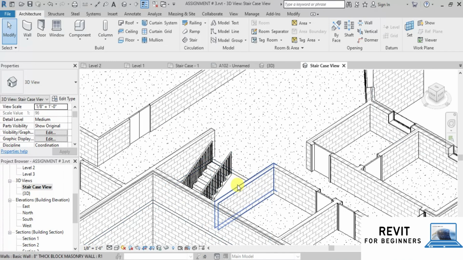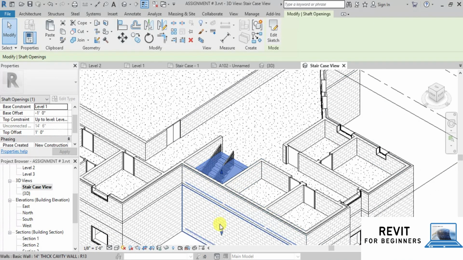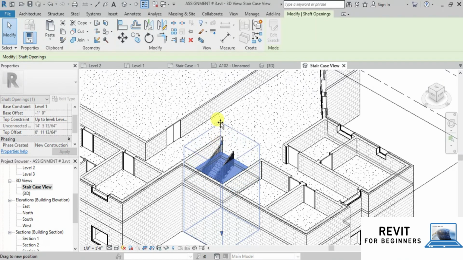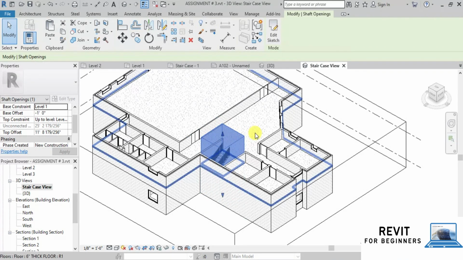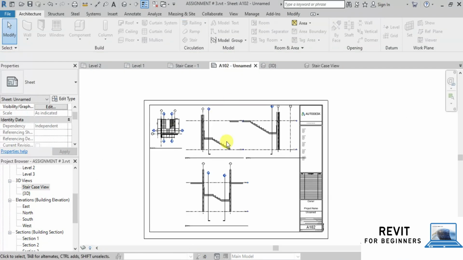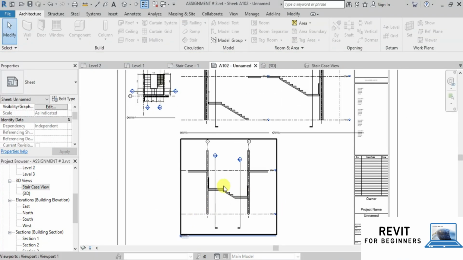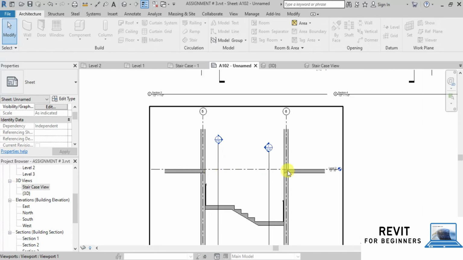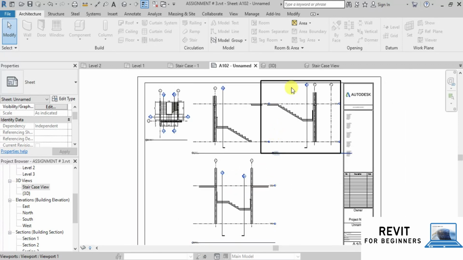Here this blue cube is the boundary of shaft opening. This shaft opening is selectable. We can adjust the height of this shaft opening. In the drawing sheet, we can see that slab is removed from top of the stair landings. In the next video, we will apply details to our